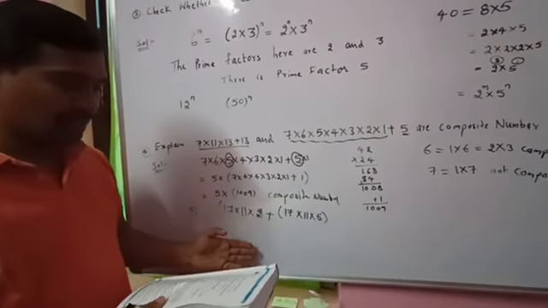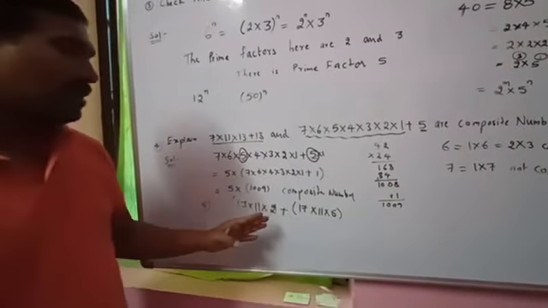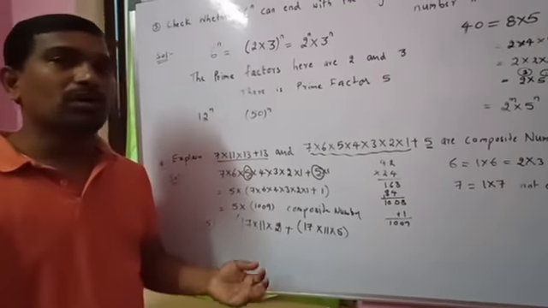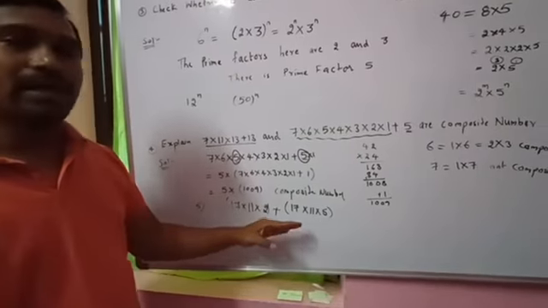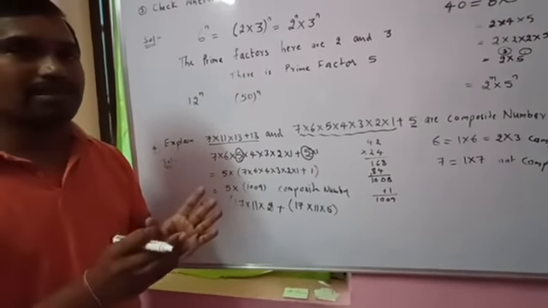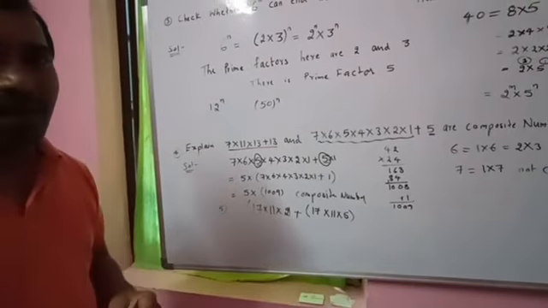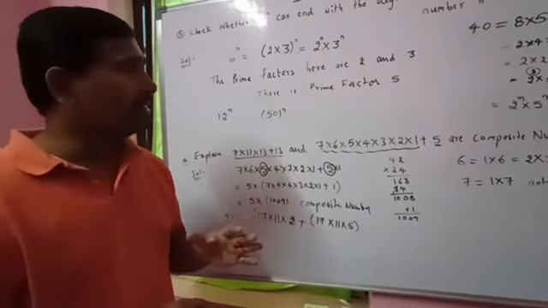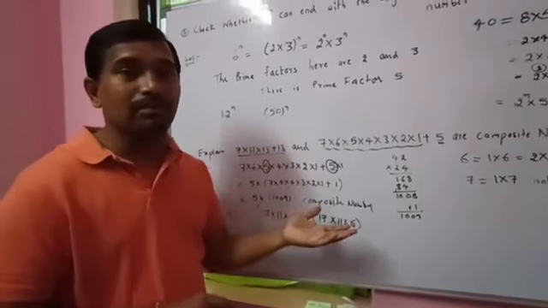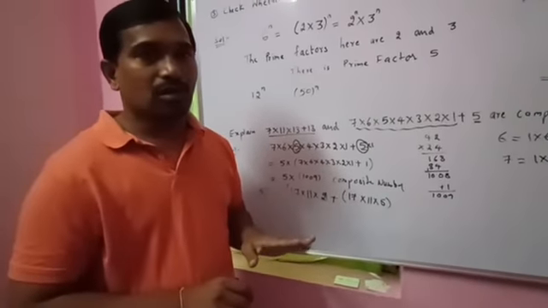How will you show that it is a composite number? It is a composite number, but how can you show it? To show that a number is composite, by simplifying, you have to show that the number can be written as a product of two numbers other than one and itself. Okay, I hope you can do these problems, and go through the examples and many more problems related to this. So okay, thank you.